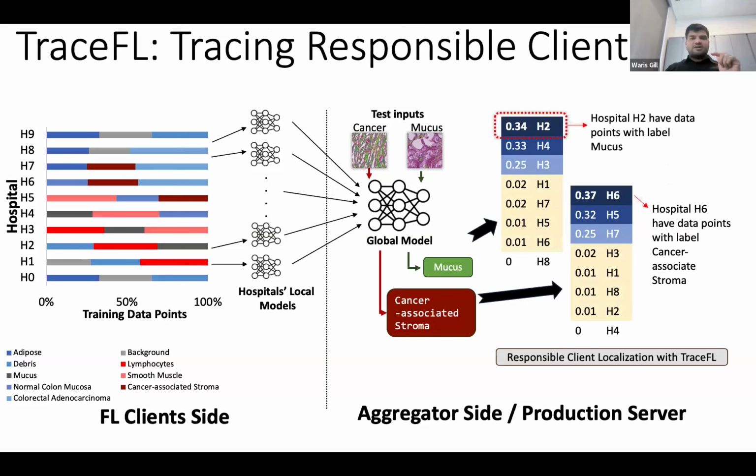So what TraceFL does is rank the clients based on a probability distribution, saying that hospital 2 is the client most responsible for this particular prediction, which in this case is mucus. On this input it predicts this, and this is the output distribution of TraceFL. It says that with 34% probability hospital 2 is the responsible client for this prediction. Then it says hospital 4, hospital 3. So it basically ranks all the hospitals